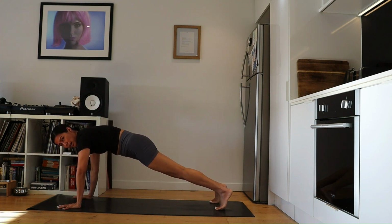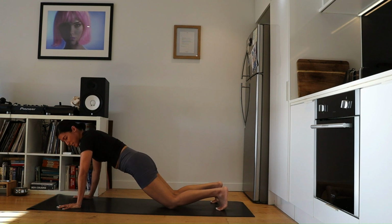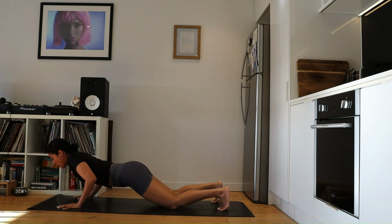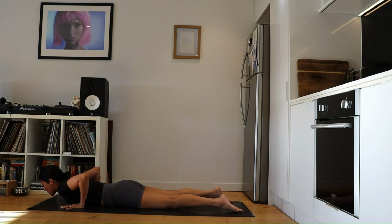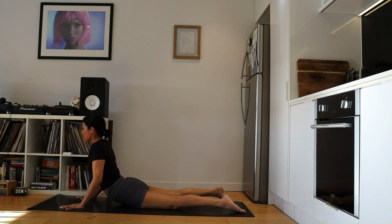All right, from the high plank, lower the body to the ground carefully, slowly, in your chaturanga, or maybe no chaturanga, no push-up is also great. Release the toes, depends how you're feeling right now. Inhale, up in cobra. Beautiful. Let's hold our cobra here, just to allow ourselves to recognize this posture into the body, to introduce the back bend